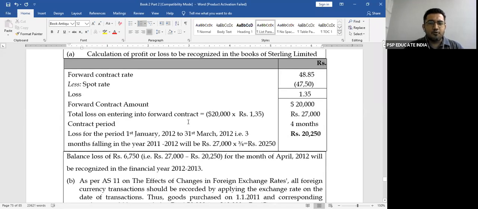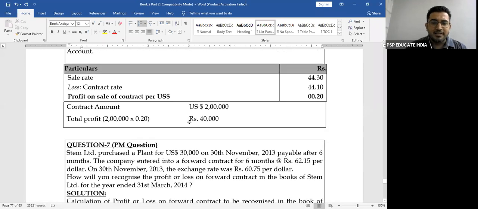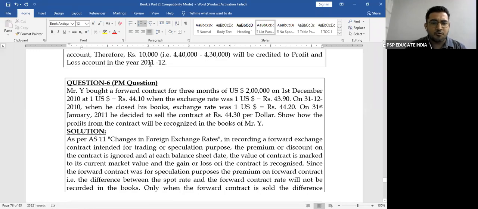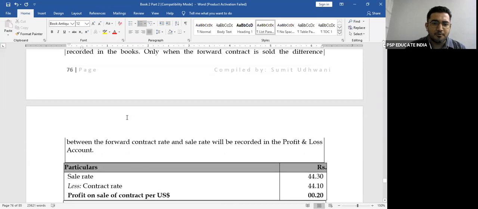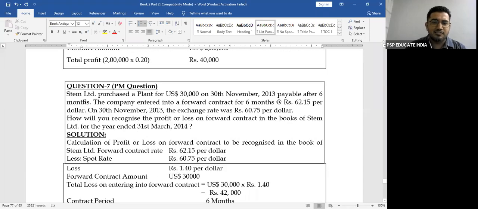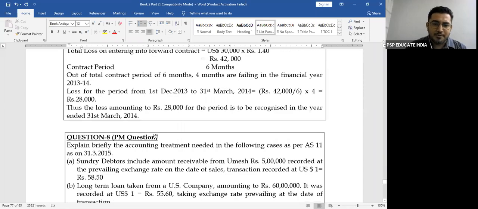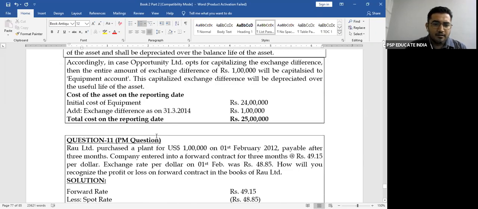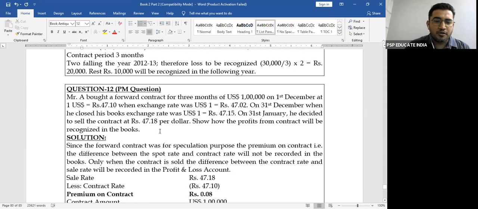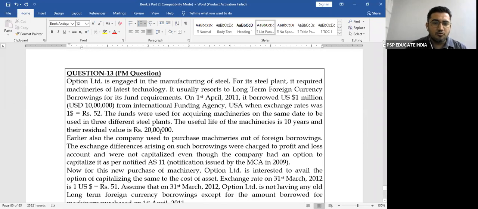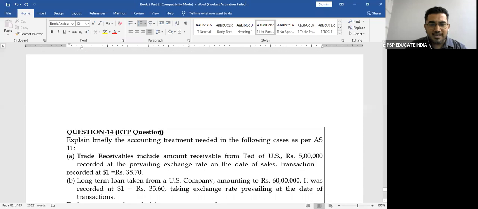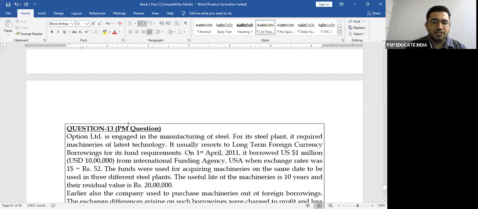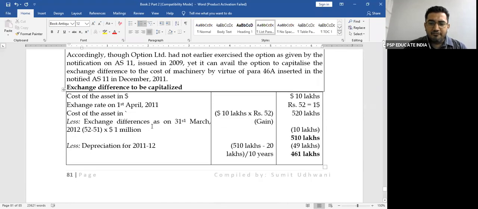Right after that, we did questions on forward exchange contracts. There were two questions. Question number 6 was for speculation purposes. Question number 7 is for non-speculation purposes. Right after that, we did another very good question. A lot of questions are there on forward contracts. Do understand these questions carefully. There was one very important question that we did, question number 13, where we had